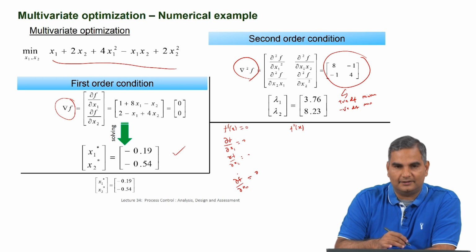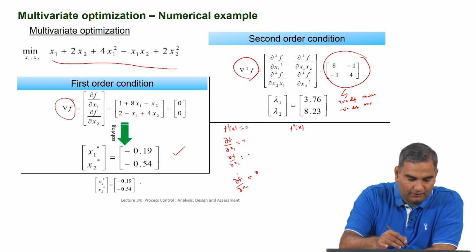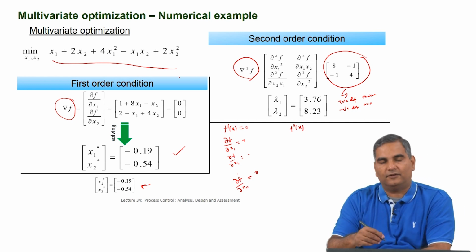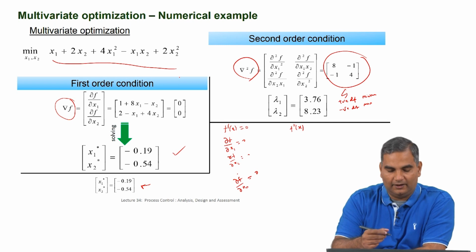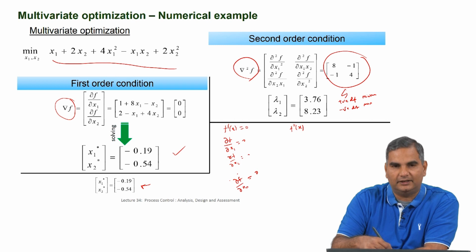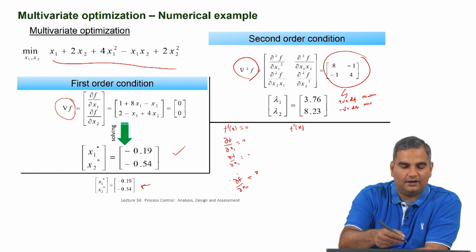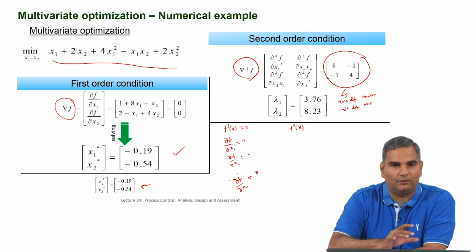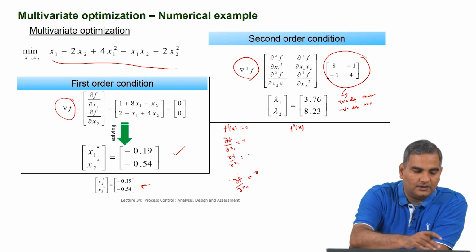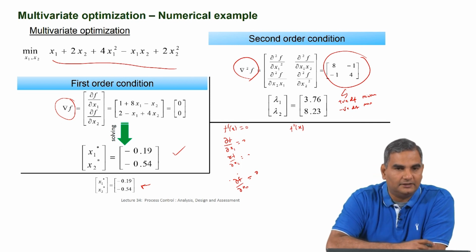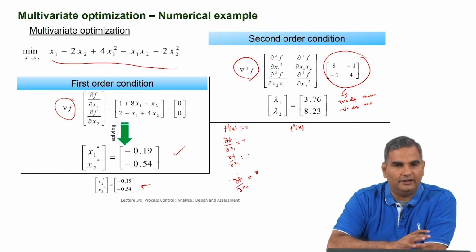As far as we are concerned, we know that we can find a solution for as many variables as we want. This function could be a function of multiple variables, and we will never run out of equations. If there are 3 variables, then I will have 3 partial derivatives to set to 0. If there are n variables, I will have n partial derivatives to set to 0. So, the one thing I want you to remember is that once I write this objective function in terms of multiple variables, I can always find a solution.